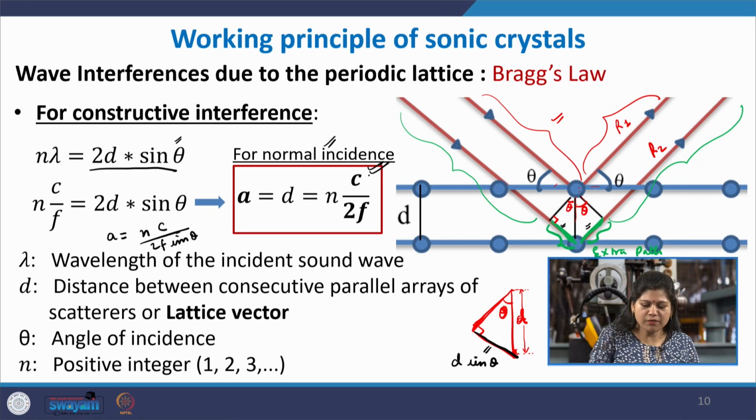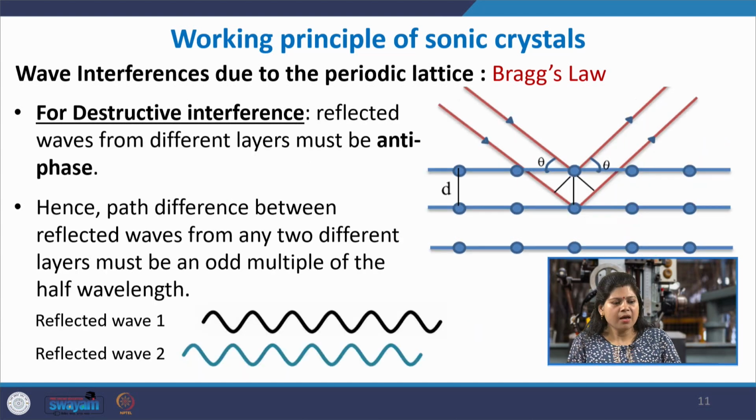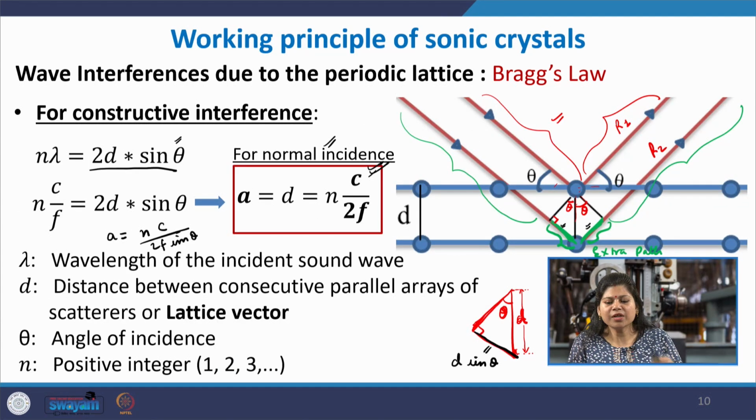So, this is what happens when there is constructive interference. That means the reflected waves are constructively interfering. So, when the waves are incident, the layers of sonic crystals are behaving as a perfect reflector, and a large amount of the reflected wave is going back